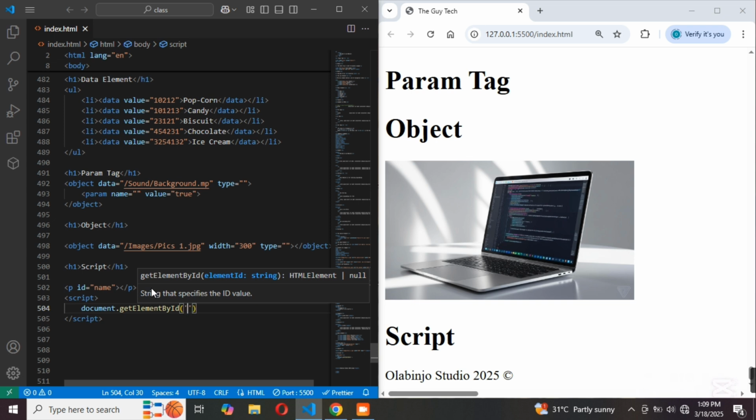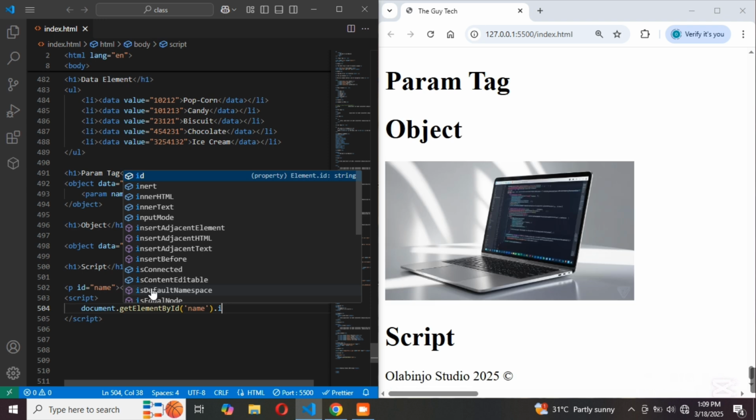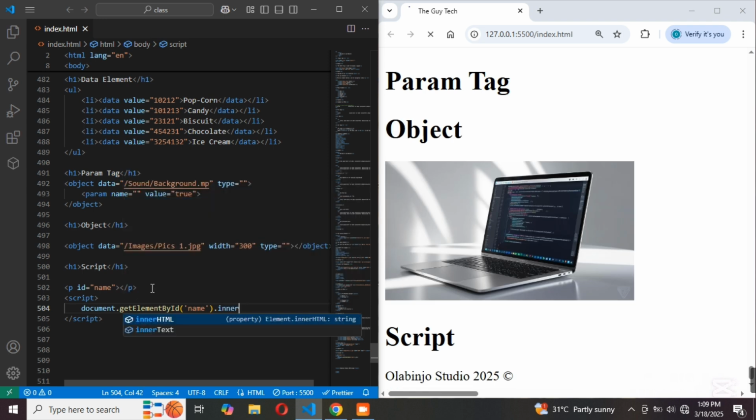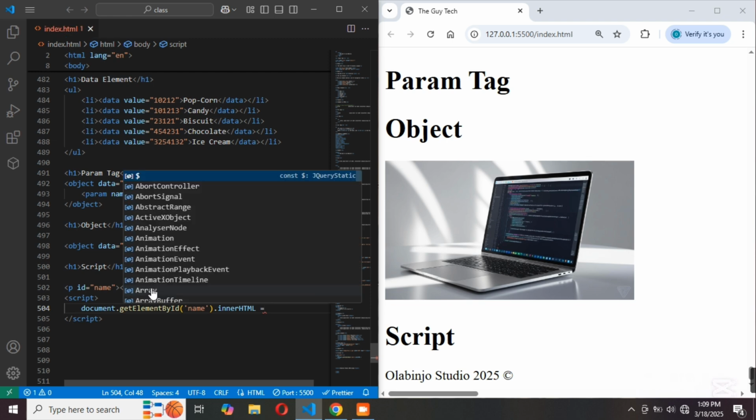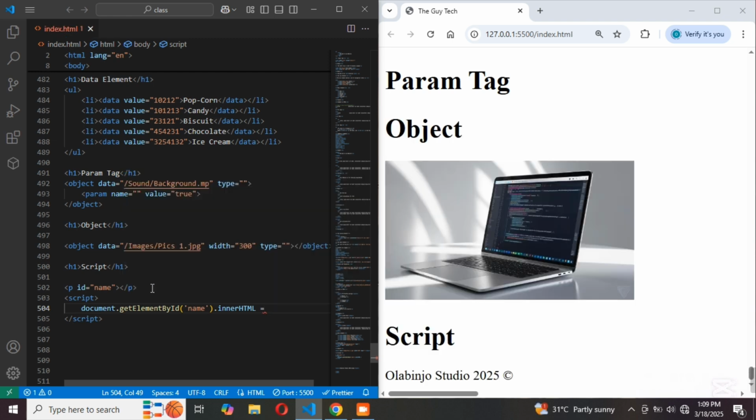So it's going to be name. So we are getting the element by ID, that is the name, dot innerHTML equals